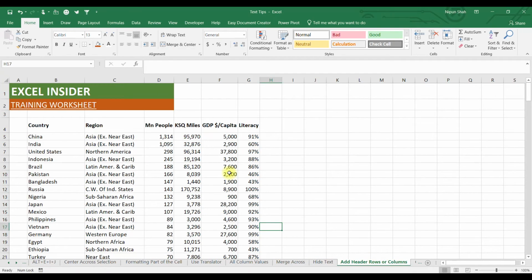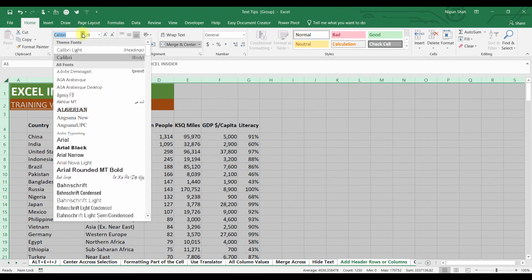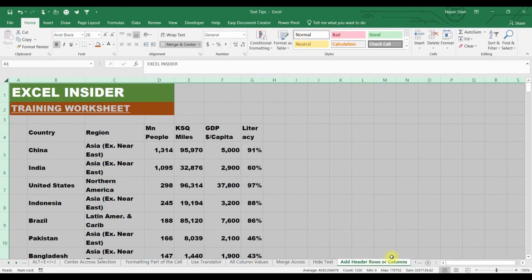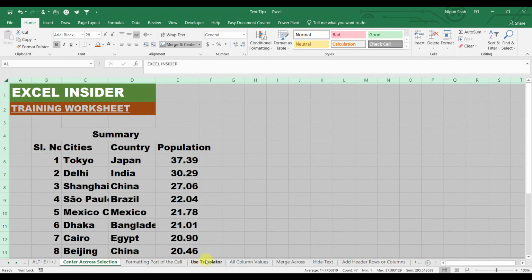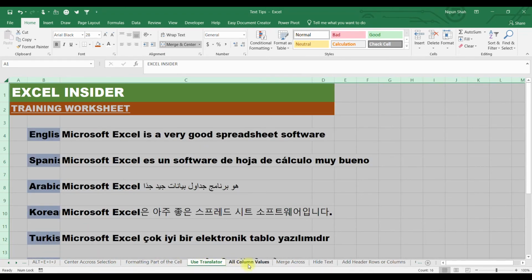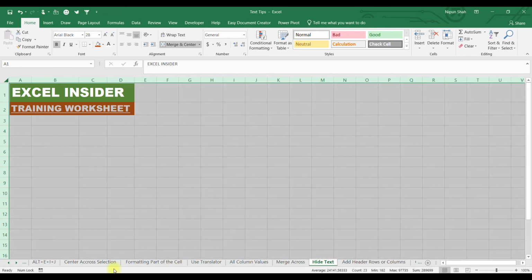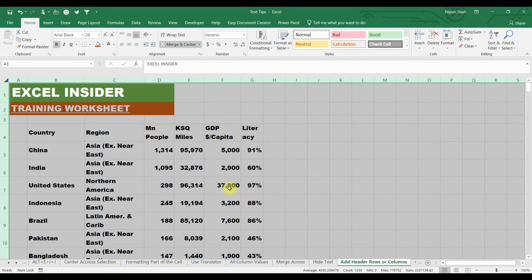Guys, with the help of this trick, you can apply any formatting. For example, if I want to change the font type for all the worksheets in one go, I can select all the sheets. Now select the whole sheet and change the font you want. For example, Arial. Now ungroup the worksheets. Here you can see that the font type has been changed in all the sheets. Now I'm pressing Ctrl Z for undo.